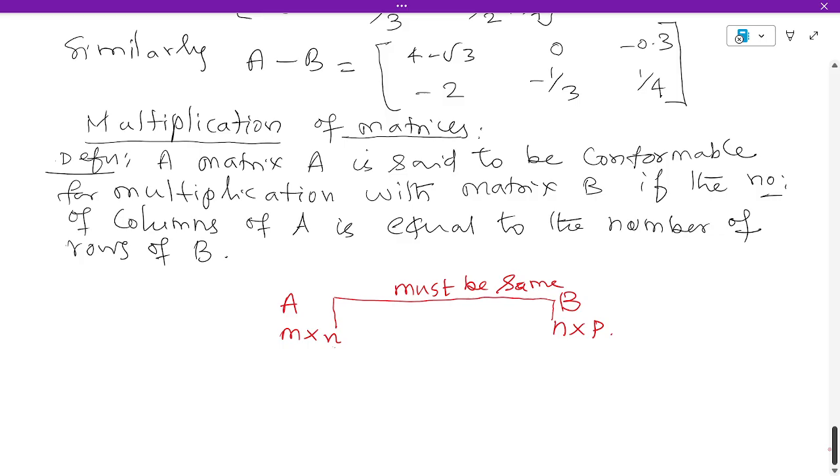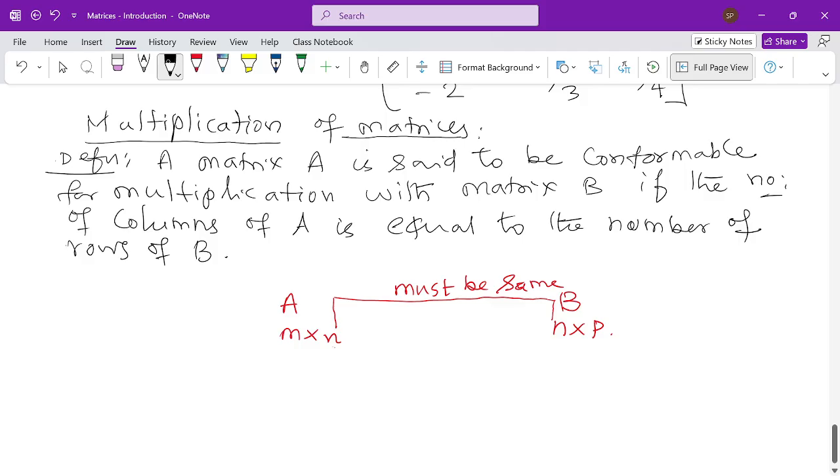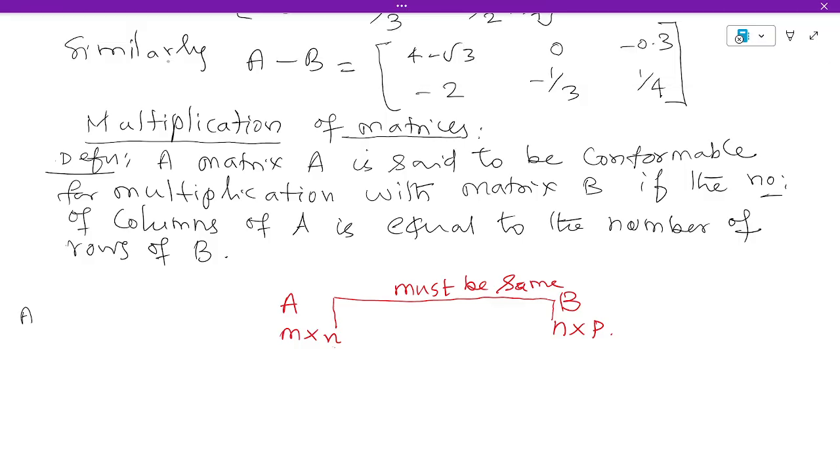For example, I write one more. In case A is a matrix of order 2 by 3, and B is a matrix of order 3 by 2, see here A has number of columns 3, B has number of rows 3, both are equal, then only we can confirm that A and B may be multiplied. In case A is 2 by 3, and here also 2 by 3 is there,